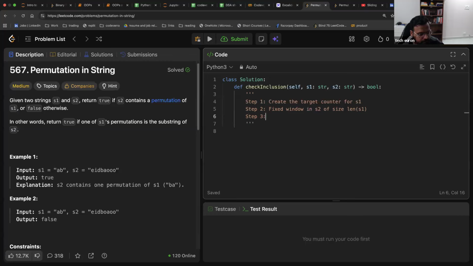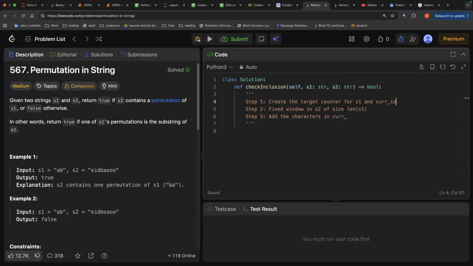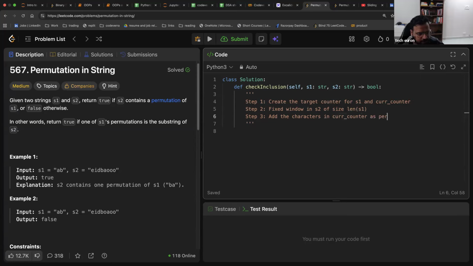Step 3. Add the characters in current target counter for S1 and current counter. It's nothing but a dictionary, sir. Dictionary, yes. Add the characters in current counter as per the window. How will we do that? Increase the entering element and decrease the leaving element. Okay, then